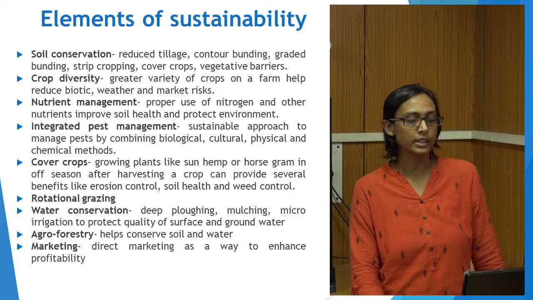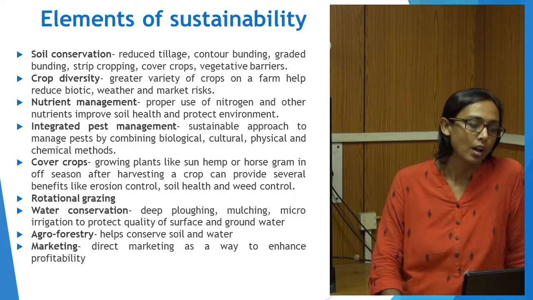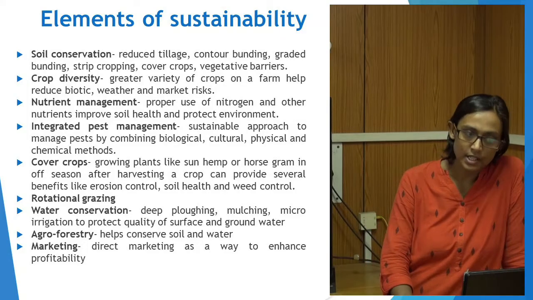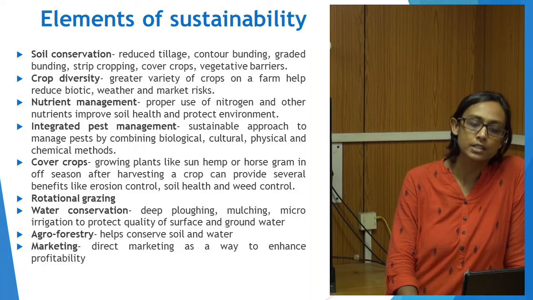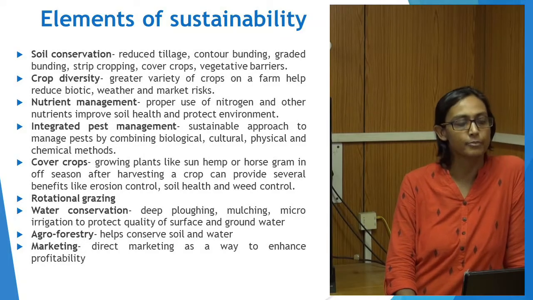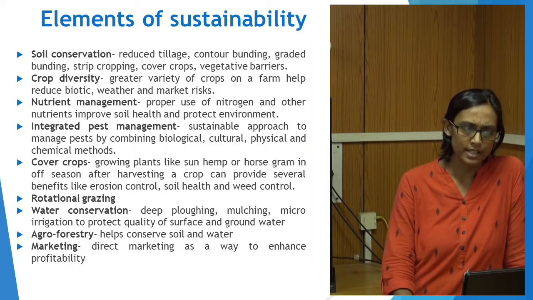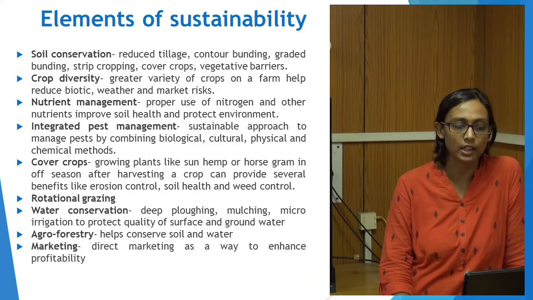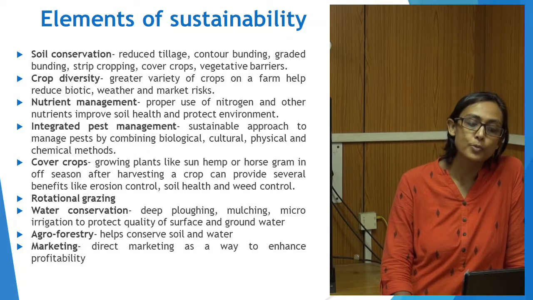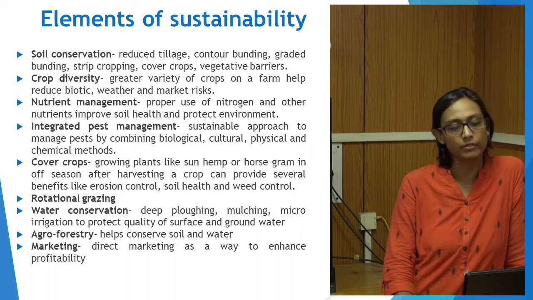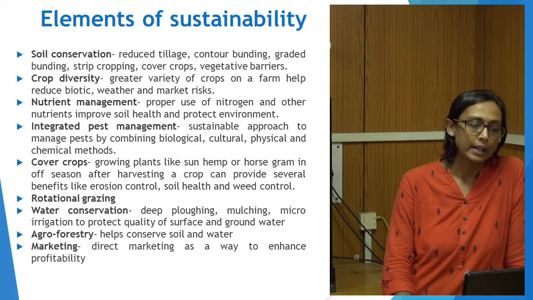Now, these are the elements of sustainability. Soil conservation: reduced tillage, contour bunding, graded bunding, strip cropping, cover crops, vegetative barriers. Next is crop diversity. As we talked about earlier, a greater variety of crops on the farm helps reduce biotic, weather and market risk. Next, nutrient management,